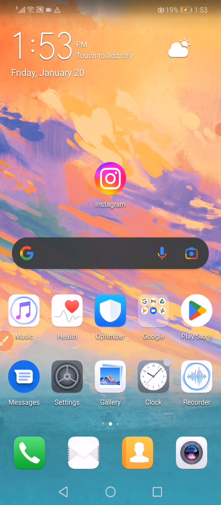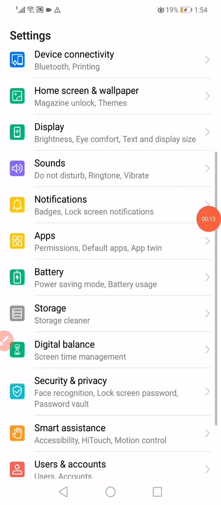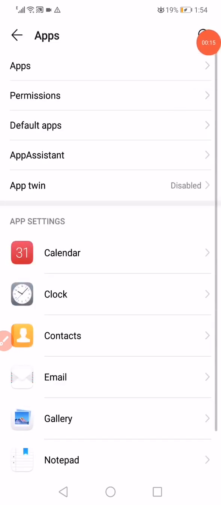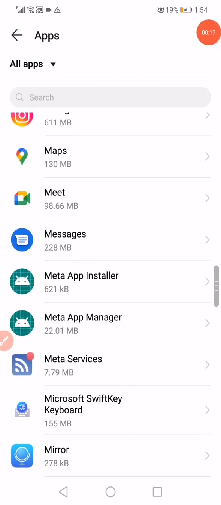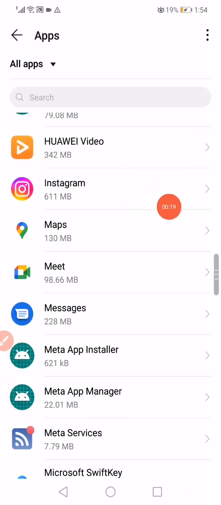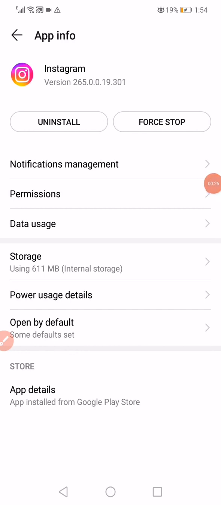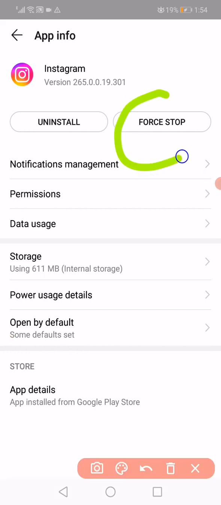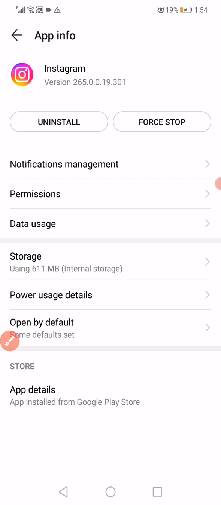So first thing you wanna do is open the settings. Go to the apps manager, open the apps like this, and then go to the Instagram right here. If you didn't find it, you can search for it here in the search bar. Now all what you have to do on this page is click on this force stop option and then go